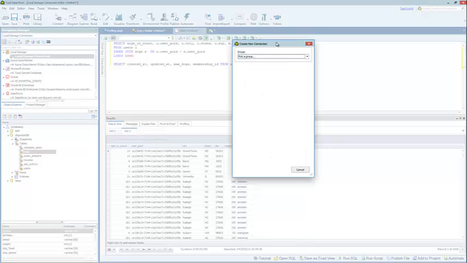Hopefully this video helped you understand a little bit more about ToadDataPoint and how it can help you as an analyst. For more information, go to